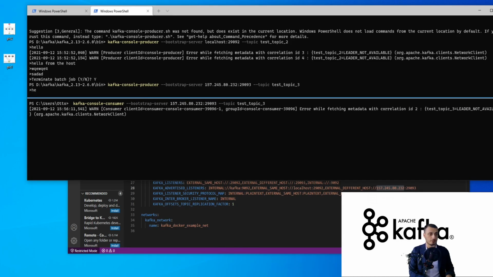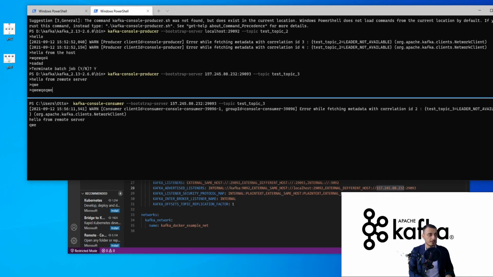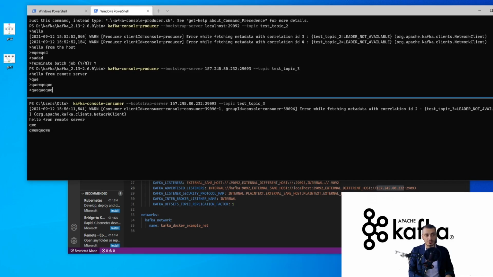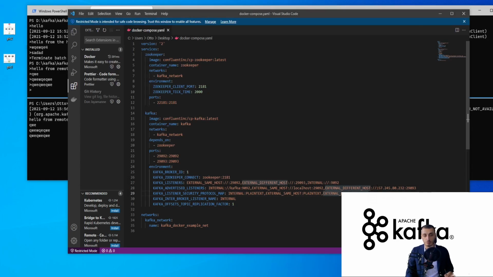Hello from remote server, and we see the same message here, which means that initial connection with Bootstrap server list, and subsequent connections where this address is returned was successful, meaning that our advertised listeners are configured correctly. Just a side note, in typical scenarios, you do not hard code the IP address because